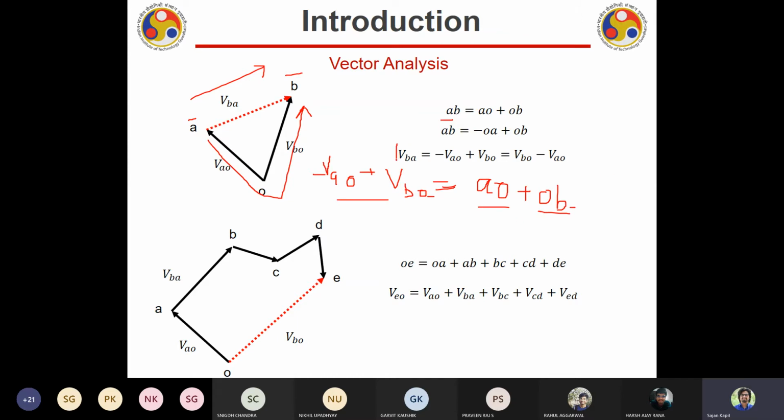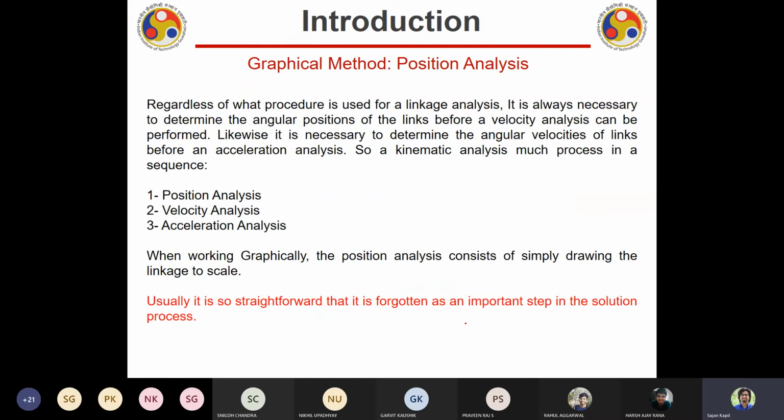So like written here, this is the correct way. Velocity of B with respect to A is nothing but velocity of B with respect to O and velocity of A with respect to O. That is also something you can remember, however complicated it is. For example, if you want to write the velocity of E with respect to O, you can always write it as velocity of A with respect to O, velocity of B with respect to A, velocity of C with respect to B, velocity of D with respect to C, and velocity of E with respect to D. Correct? Like this. In vector form, you need to just write in an opposite manner. Instead of writing A first, you will write O first. Correct? So this is clear, right? I'll not go into the details of it.